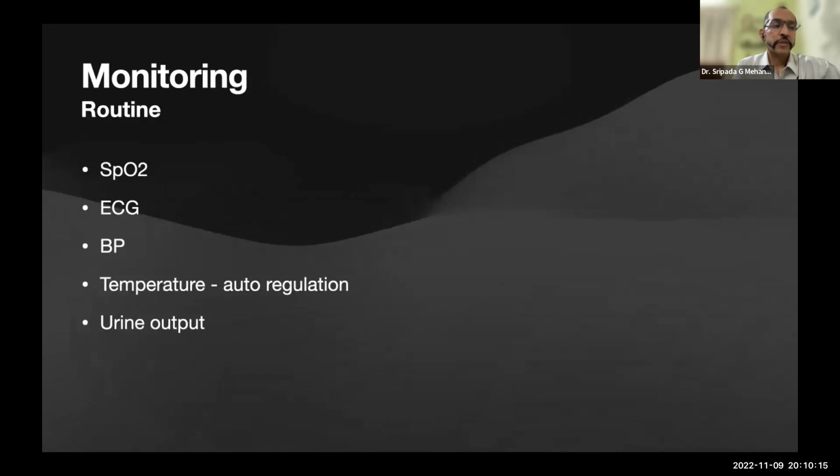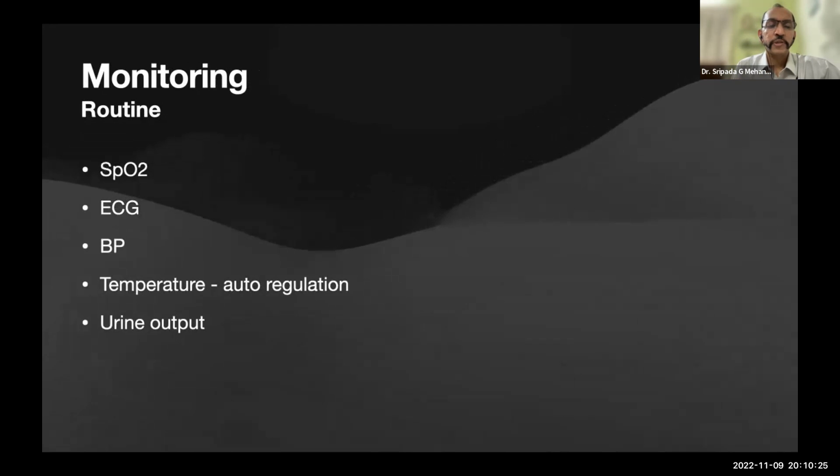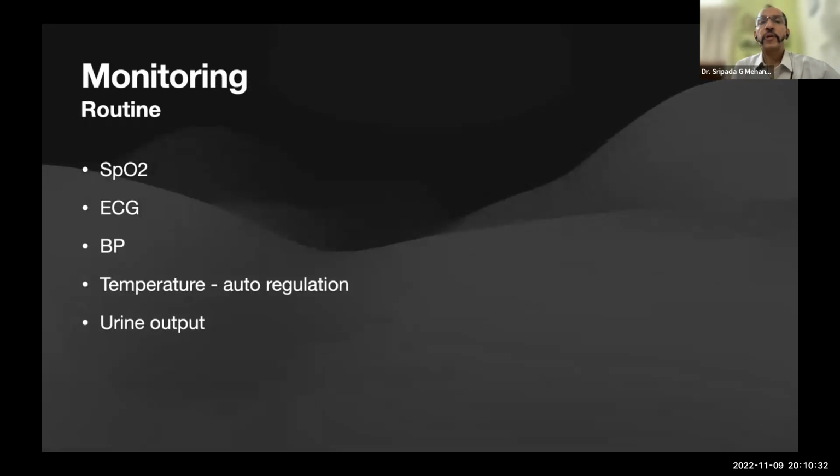Therefore, close monitoring is the call of the hour. Routine monitoring, of course, pulse oximetry, ECG, and blood pressure monitoring is very essential for all cases. That has to be done more closely in these patients. And if the patient has significant neuropathy and you expect a lot of fluid shifts or blood loss,